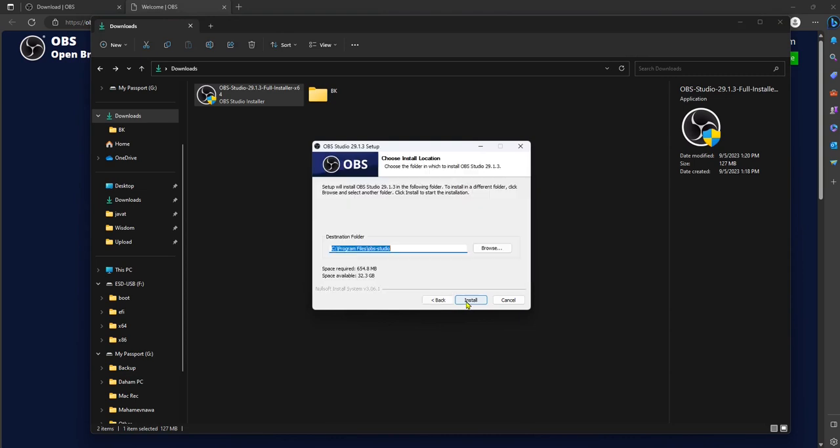Installation process is very simple. It's not too complicated, same as other traditional software installation. You can select any location and need to press next button. Once it completes,